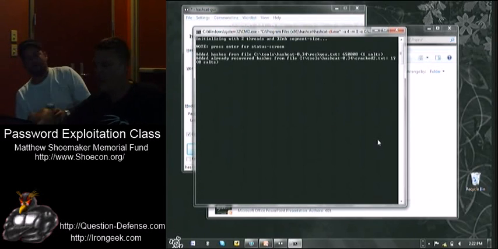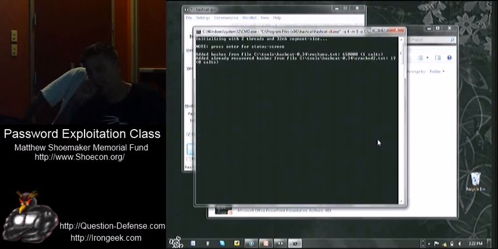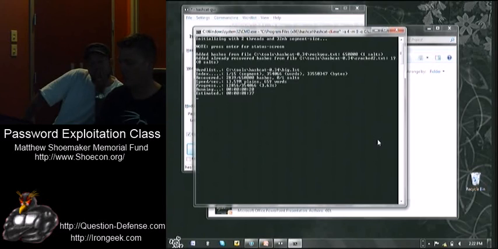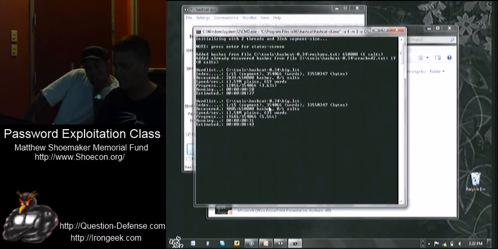All right, so as you can see, what happened here was it added the hashes that have already been recovered to the memory so that it's not going to try to crack those hashes again. Okay. And you can just press enter for status. See how now I've recovered 2,839. I'm running at 13.59 million per second, which is obviously probably going to get faster.